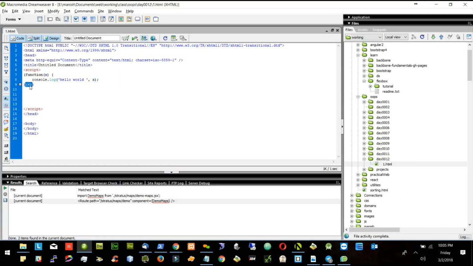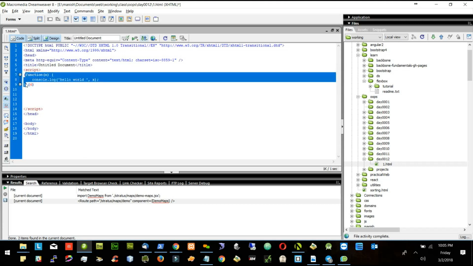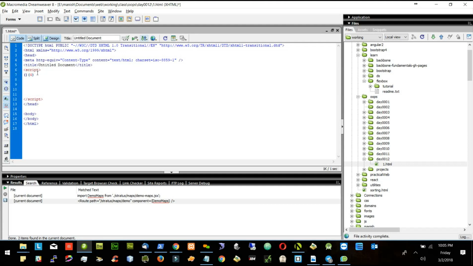Now what if I pass this round bracket outside the round bracket? Because I have a function inside the round bracket. I am invoking that function using the round bracket and passing some parameter. Can I do the same thing by moving this round bracket outside this one? Yes or no? Yes. So either way, I can put this round bracket outside this round bracket, or I can put this